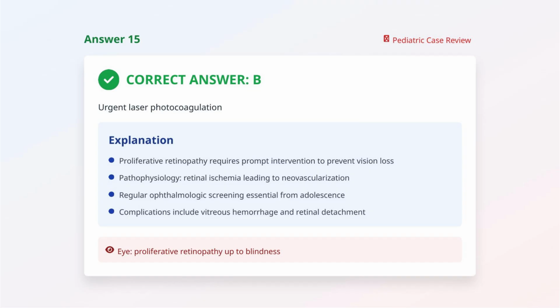Observation alone would risk progression to vision-threatening complications. Intravitreal steroids are not the primary treatment for proliferative sickle retinopathy. While exchange transfusion may be considered in some cases, it is not the definitive treatment for established proliferative retinopathy with neovascularization. Ophthalmologic complications in sickle cell disease include proliferative retinopathy that can progress to blindness if not properly managed, which